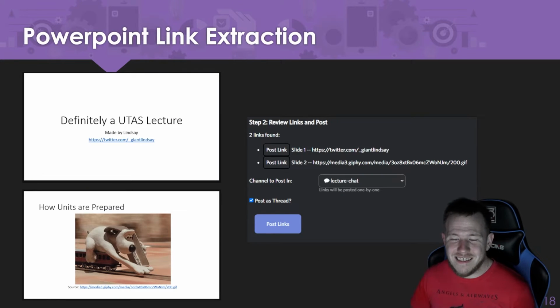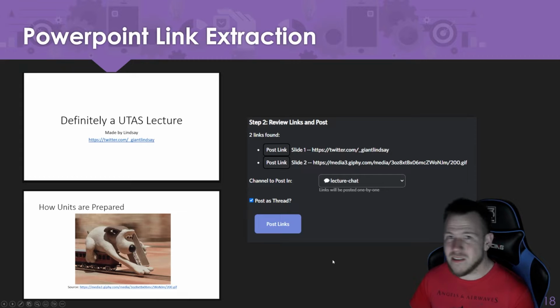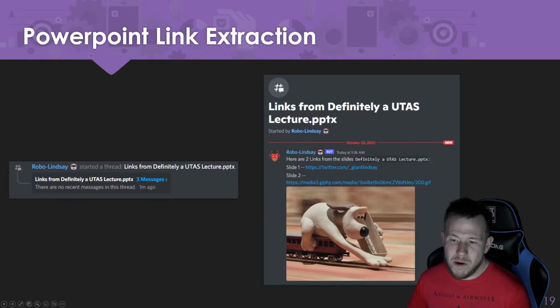A feature that I added, just for fun really, nobody asked for this, is PowerPoint link extraction. So take this example PowerPoint with 2 slides here, and it's got 2 links in it. I find myself in lectures often wanting to share a link from a slide in the chat. This allows me, through the administration backend, to post individual links, or post all of the links as a thread on Discord for future archiving, so that students don't have to open up the slides to get to the links